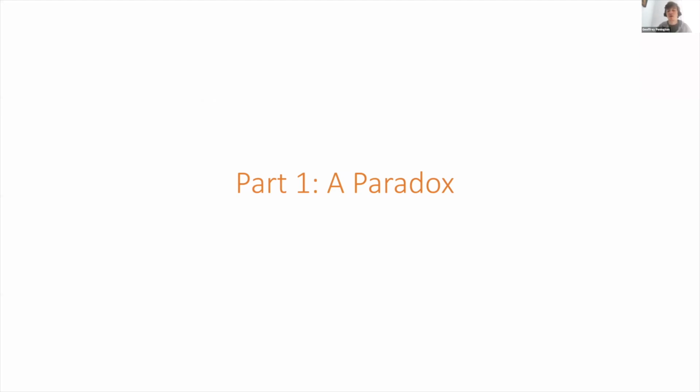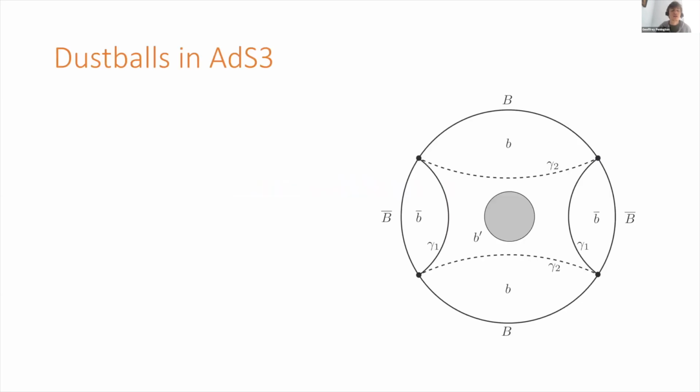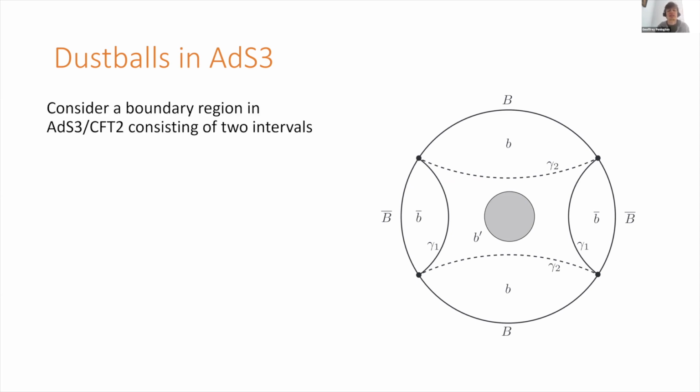We're just laying out why we have a problem with naive QES. Okay, and the situation I'm going to demonstrate this in is going to be what's called a dust bowl in AdS3. So we're going to consider AdS3/CFT2, and we're going to consider a boundary region consisting of this bit at the top and the bit at the bottom. So it consists of two intervals. Okay, so there are then two extremal surfaces which have different topologies. So there's this solid one going vertically and the dashed one going horizontally, but they both are homologous to the boundary region. So they're both sort of allowed RT or QES surfaces.